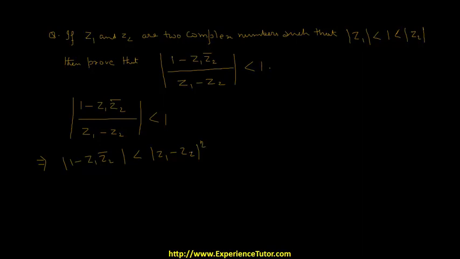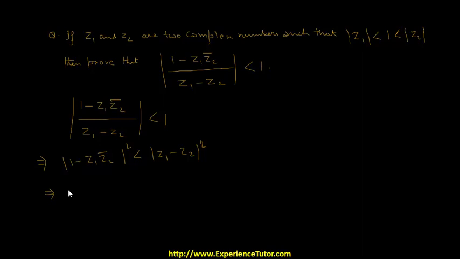What we have done here, we have squared both the sides, so this is also a square, and 1 square is 1, and then cross multiplied, taking the denominator to the right hand side. So we got this expression. Now we'll simply simplify the expression, and on simplifying